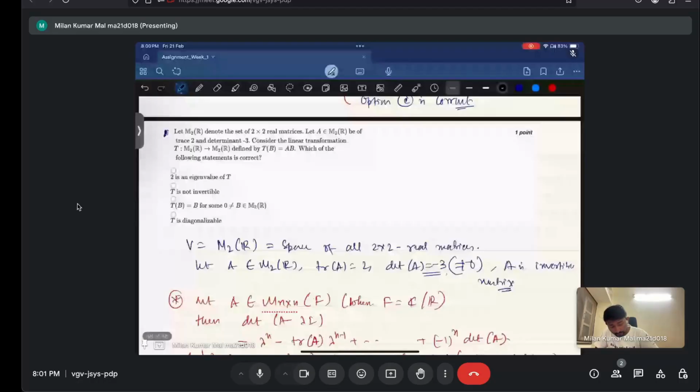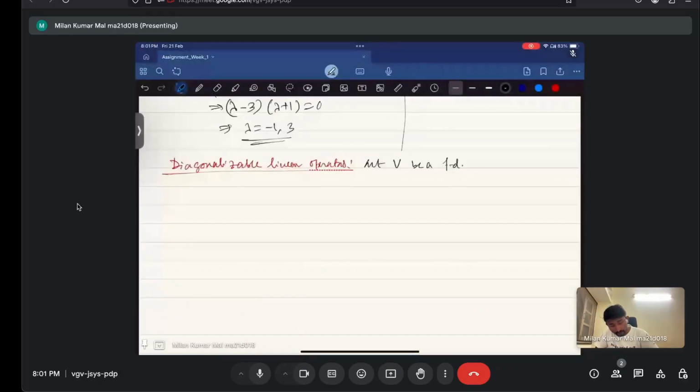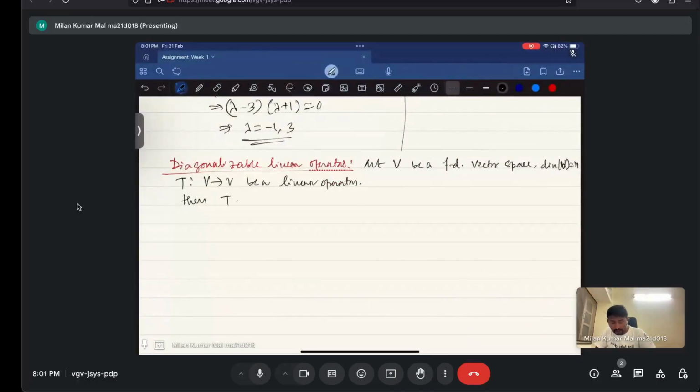Let V be a finite dimensional vector space, with dimension of V equal to n, and T from V to V be a linear operator. Then T is said to be